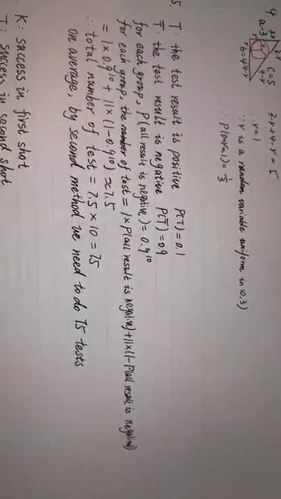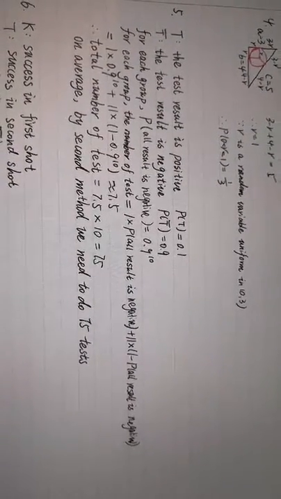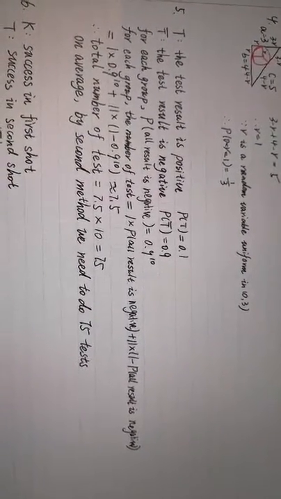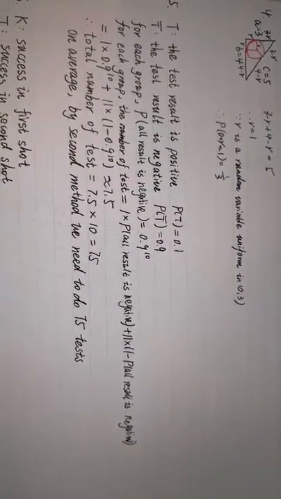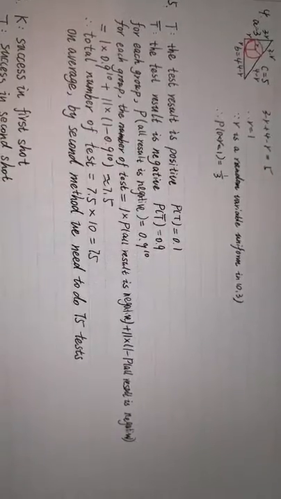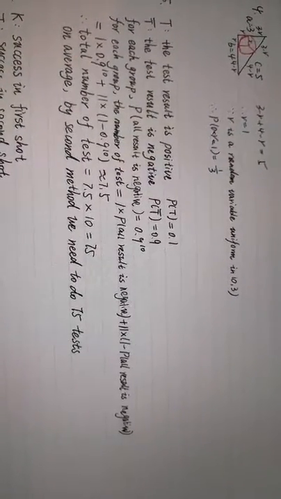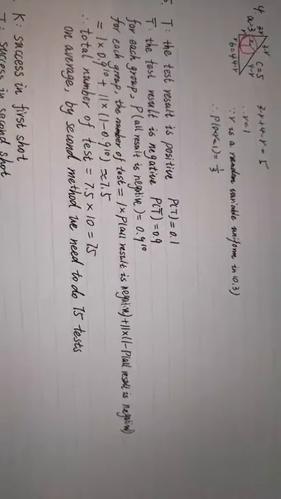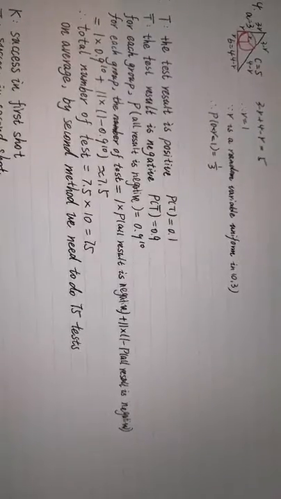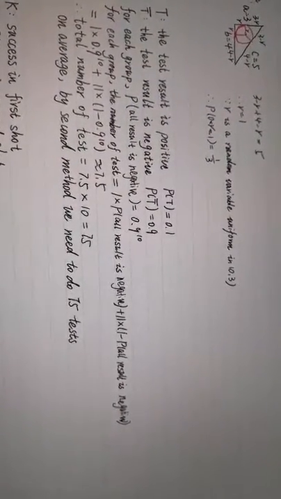So for each group, the probability that all results are negative, meaning all 10 people in this group have negative test results, equals 0.9 to the 10th power. So for each group, the number of tests equals 1 times the probability that all results are negative. From above, we can see it is 0.9 to the 10th power, and times 11,